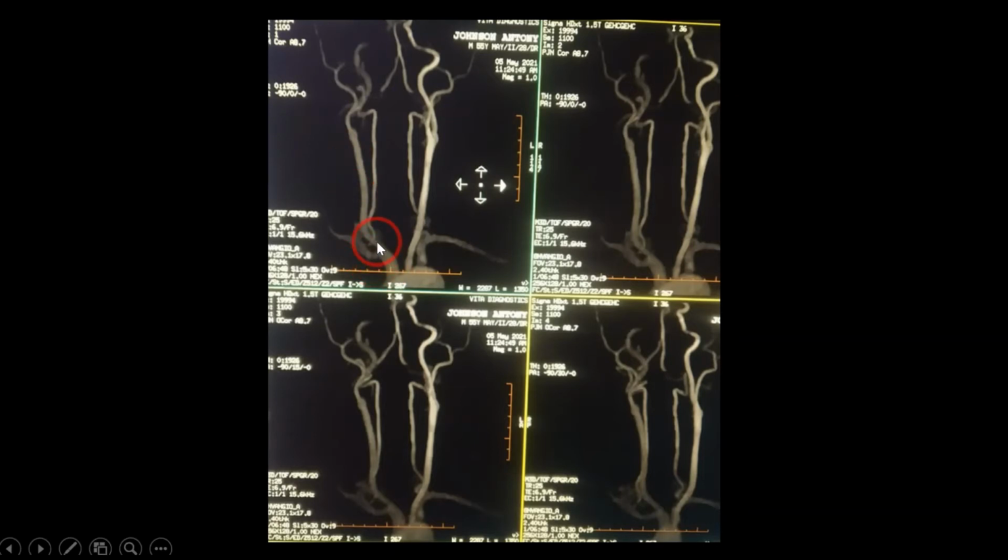If you trace now, the main dictum is we should try to trace one vessel at a time. So it's easy to follow up that vessel, forget about the rest of the vessels. This is the common carotid artery, and which is continuing as the external carotid artery. The internal carotid artery is not seen here. We don't see the internal carotid artery. It's ending at the origin itself, it's totally occluded. From the right subclavian artery, we can see the vertebral artery rising and going distally and joining here. So this is the vertebral artery.